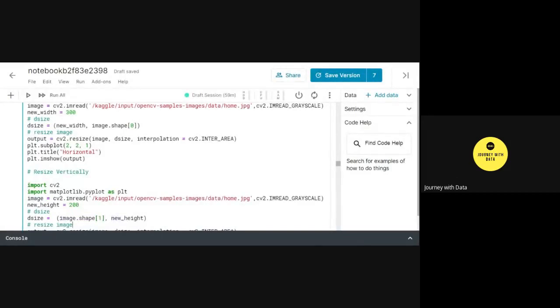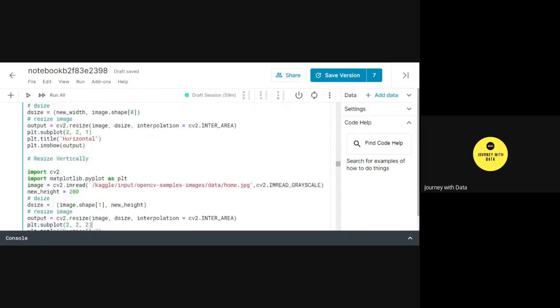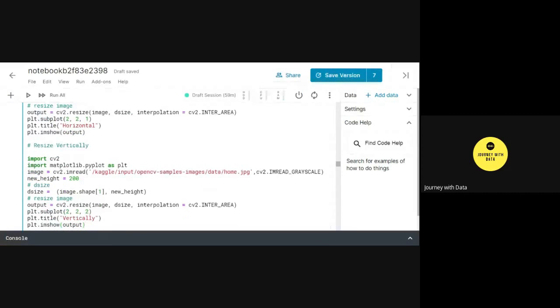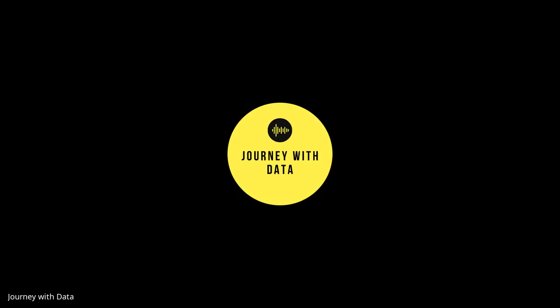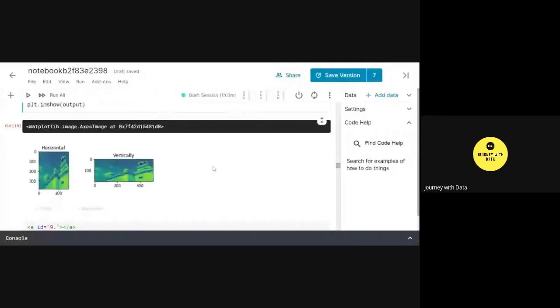And then the same old thing, which is cv2.resize, and then creating a subplot and displaying an image vertically. And this is how your image is resized. This is the horizontal image, and then this is resized vertically along a particular axis.